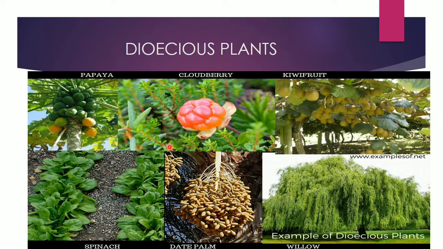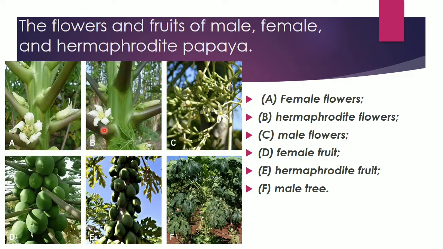Now the papaya example is there in your book. I said papaya has some peculiarity. The majority of the species are dioecious. That is why it is given in your book as an example of a dioecious plant. But there are very few species of papaya which are actually not dioecious. We will go through that. Just see here. This is papaya, different types it is. Here you can see female flowers are there on this plant.